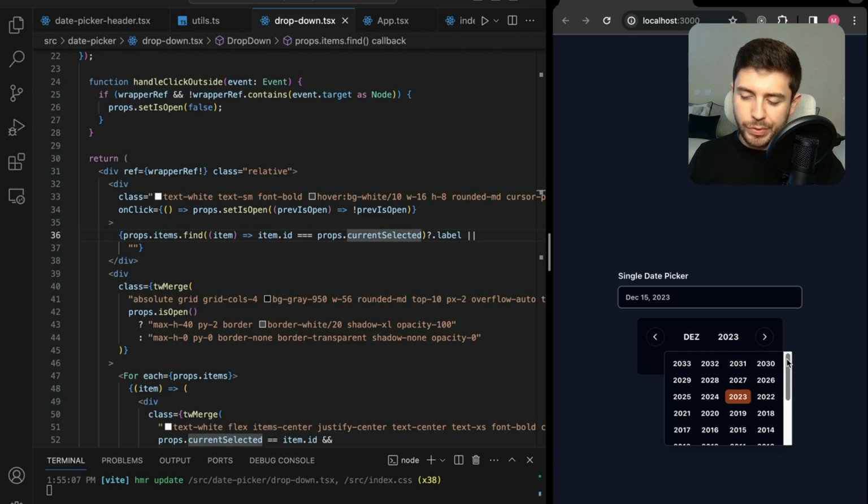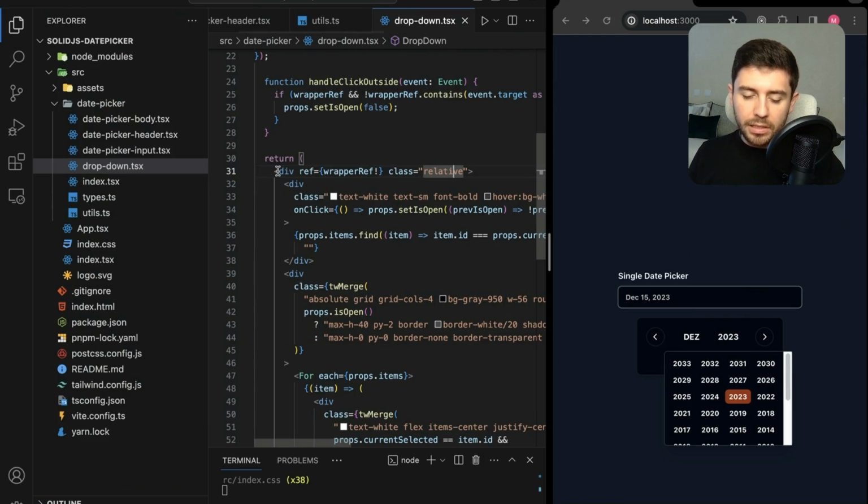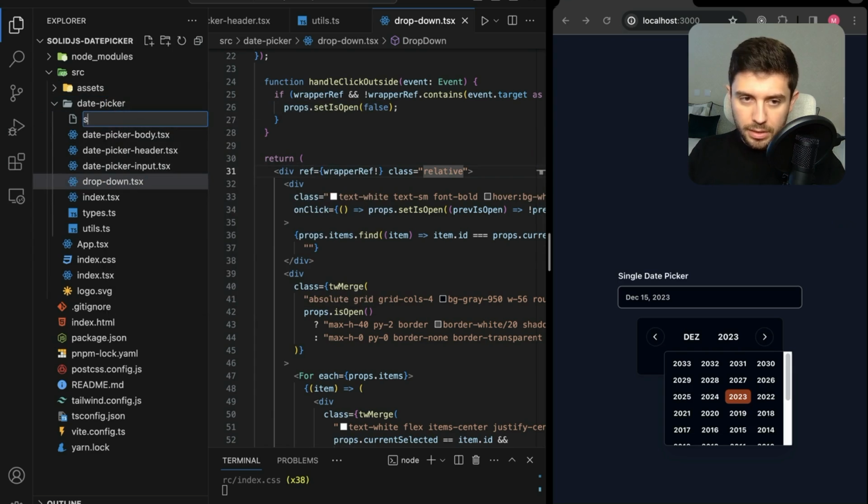And because I'm really picky, we can see that if we have a large number of items, we have this scroll bar over here, but it's not really the same type, aesthetically speaking, as the whole component. So what I want to do is to actually change this scroll bar. And in order to do that, unfortunately, I didn't find a way to do so with Tailwind. So what we have to do is, in our DatePicker folder, create a new file, and let's call it styles.module